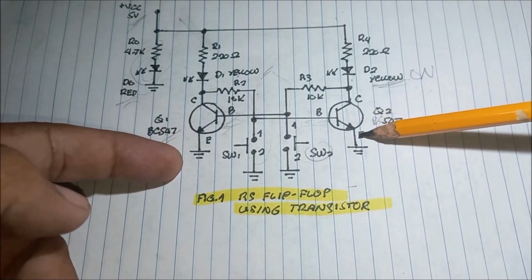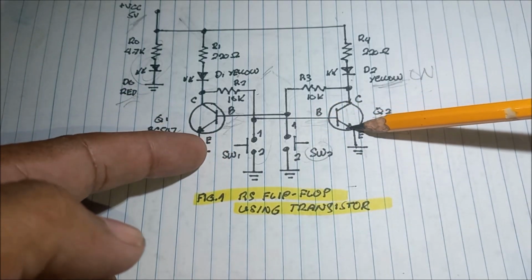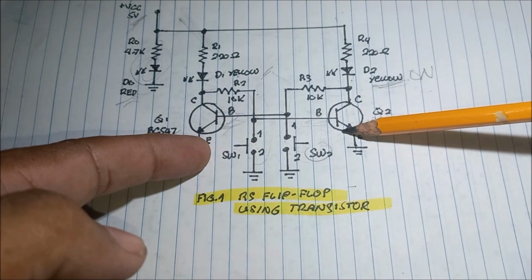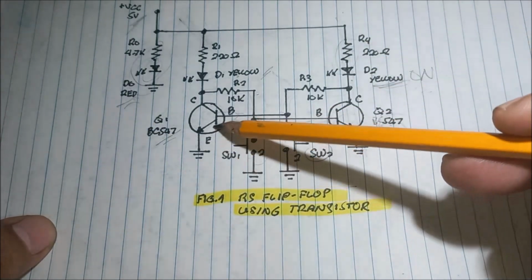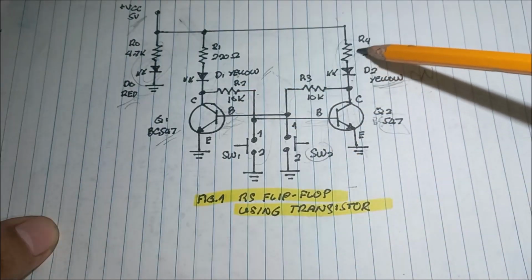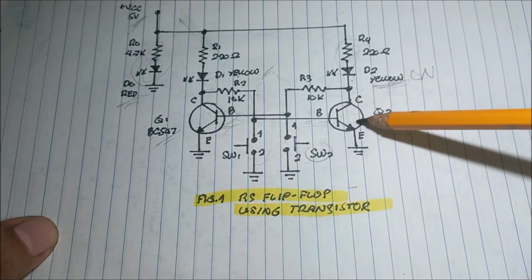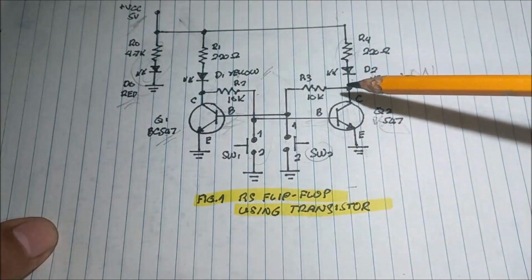So in theory both must be on, but due to the racing, due to the tolerance of the components, the resistor value, and the doping of the transistor,